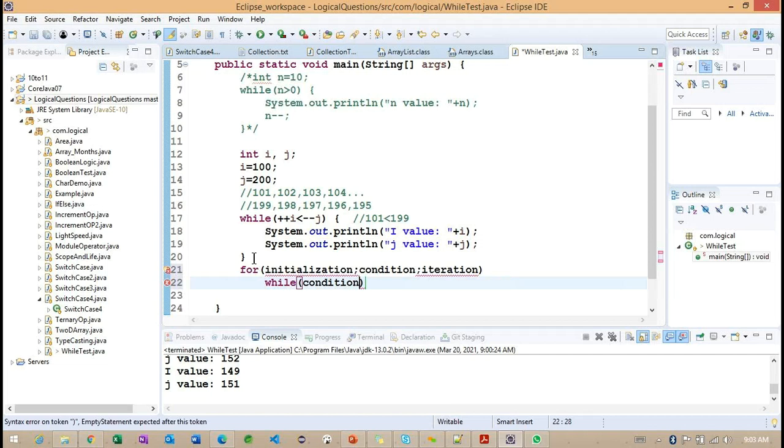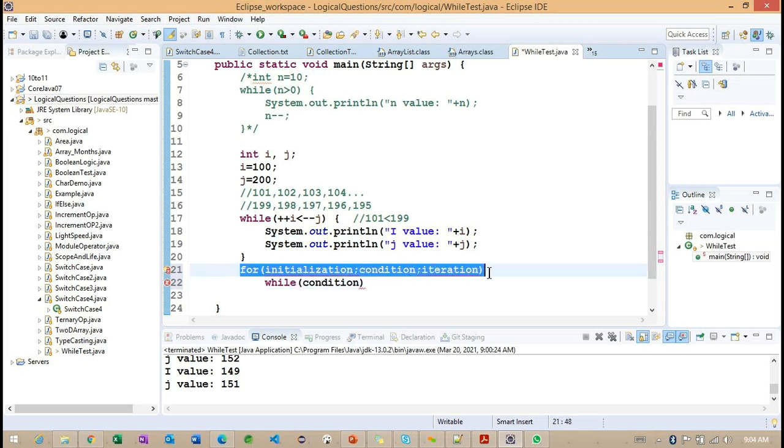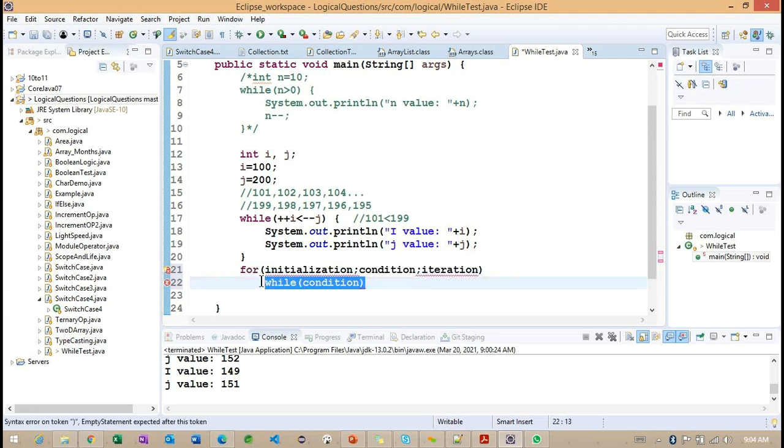If the condition is satisfied, it will keep going inside the block. It will keep on executing until this particular condition is going to return false here. Okay. So the only difference here is that in the for loops we are going to add these three pieces of information, but in the while loop we are going to have only one condition here. So that is the only difference here.